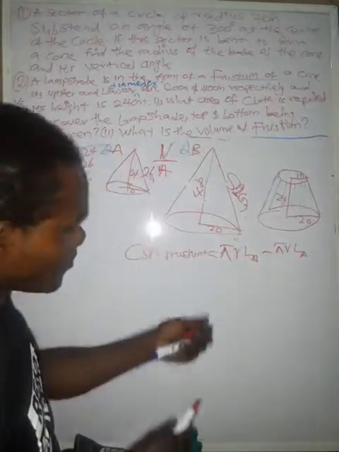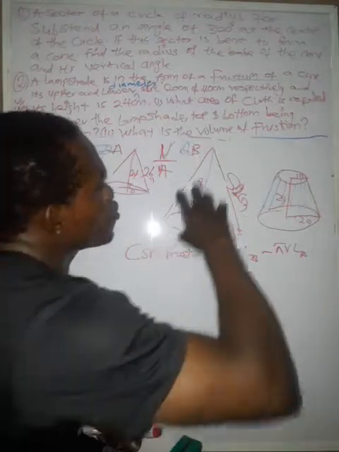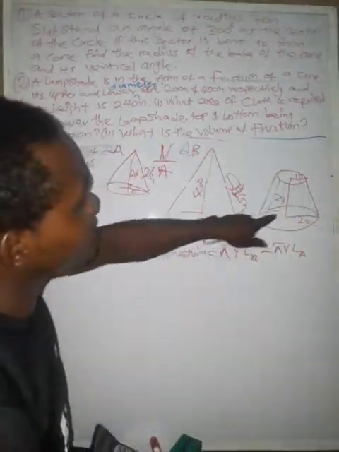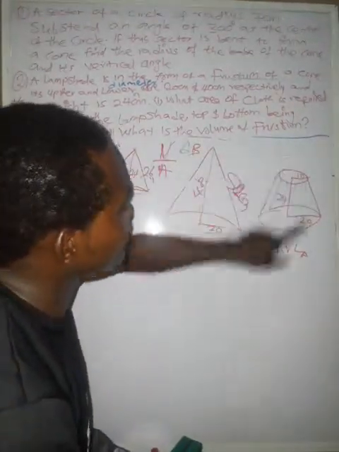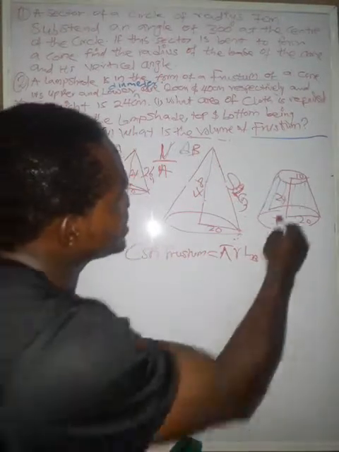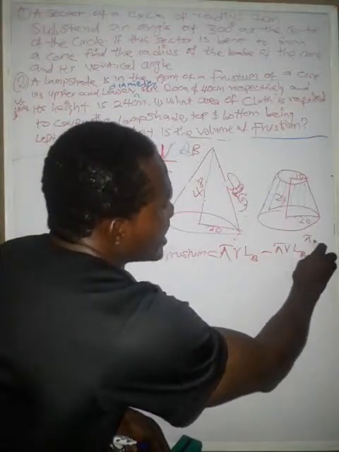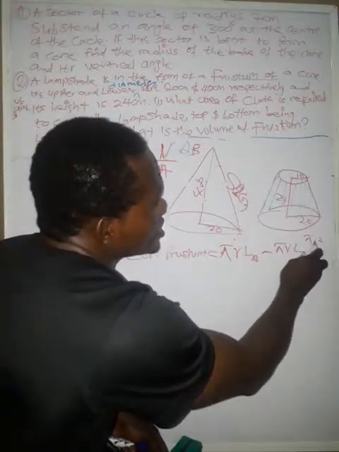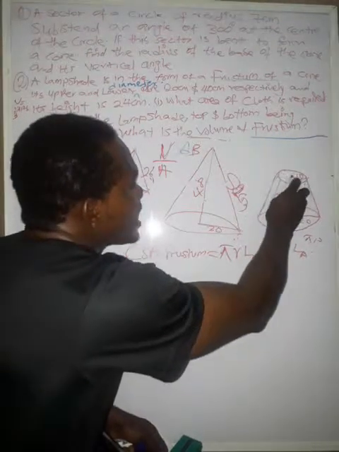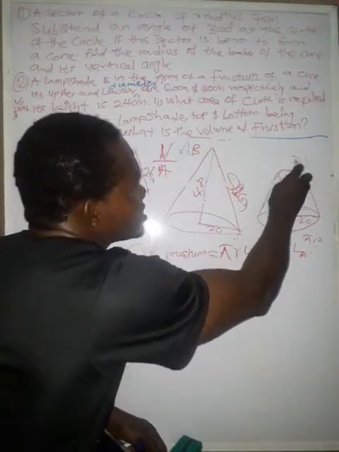I mean, if we are told to find the total area needed, or the total cloth needed to cover everything, then you find the area of this and add it to this. You now find the area of this place. The area of a circle is pi r squared. You use 20 here, you find it. You also add it to this place, pi r squared. You put 10 here, you find your value.